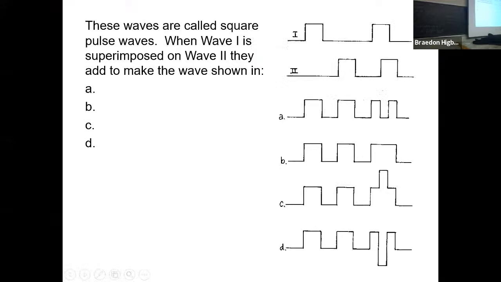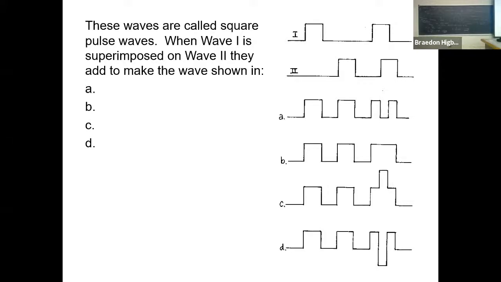Okay. So we have square waves. These are what you might see on an oscilloscope when looking at TTL. Certain digital electronic signals actually look like this. So we've got signal 1 and signal 2. And the question is, if they are superimposed on each other, not crossing, going in opposite directions, but both moving in the same direction,